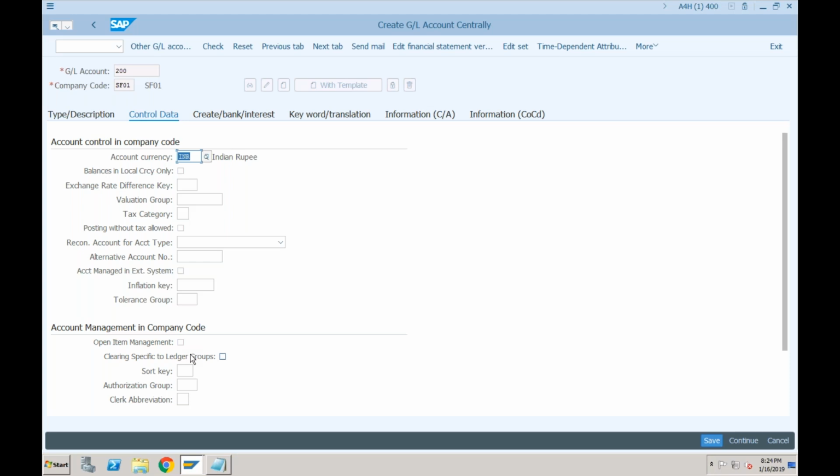Yes, Prashant. Yeah, could you repeat the question once more, please? Prashant, my question is, in ECC, when we were creating the GL account, there was open item management and there was one more field called line item display. Yeah, line item display, yeah. What was the purpose of that field? Line item display. As of now, I can't reproduce it, but I'm aware of open item management. Okay, no problem. I was just looking whether you are active on the call or not.